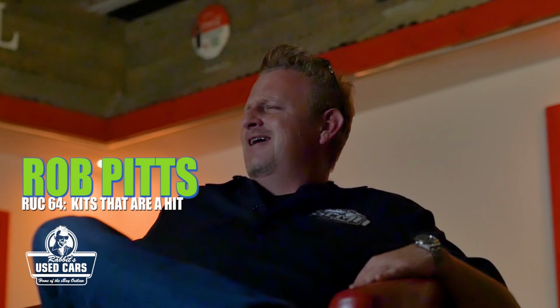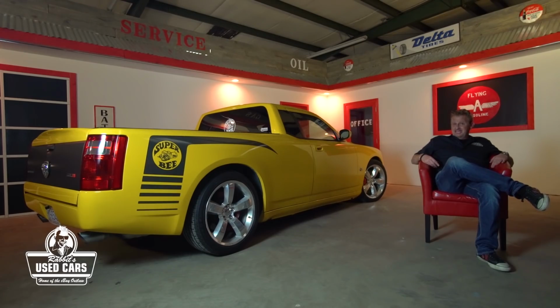And I know what you're thinking. Wait a minute, are my eyes playing tricks on me? Yes, this is a Dodge Charger with a truck bed on the back. And unless you've been under a rock, you've probably heard about Smyth UTEs. These guys are kicking out some killer